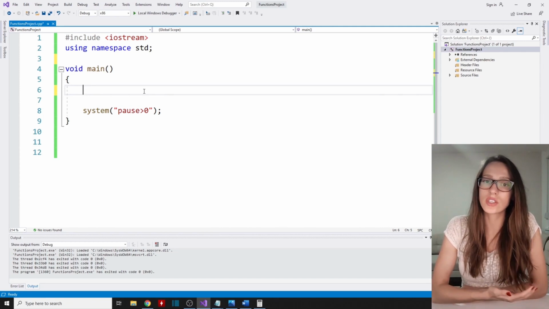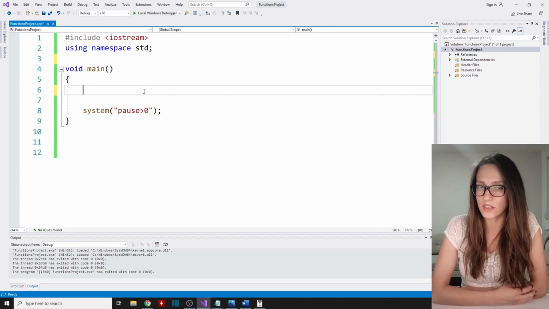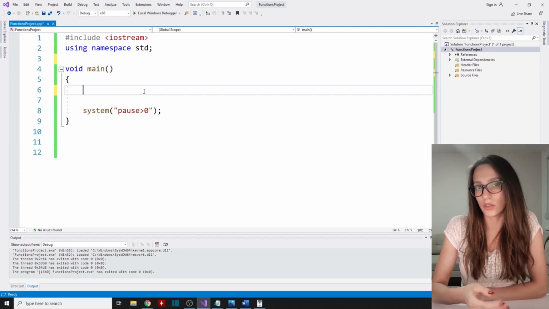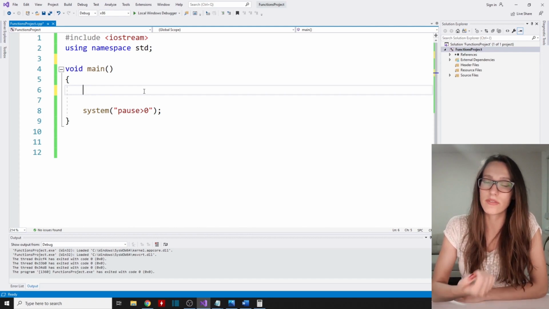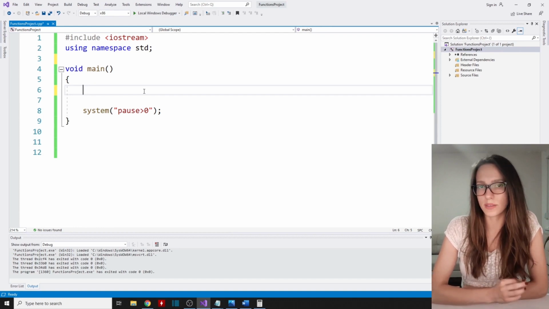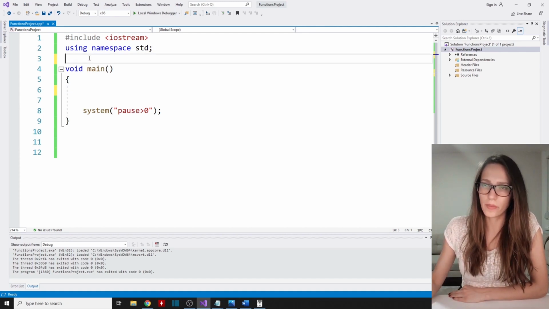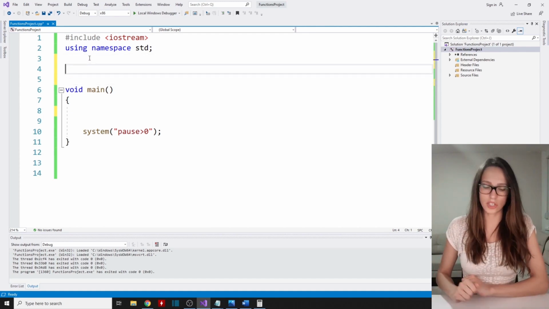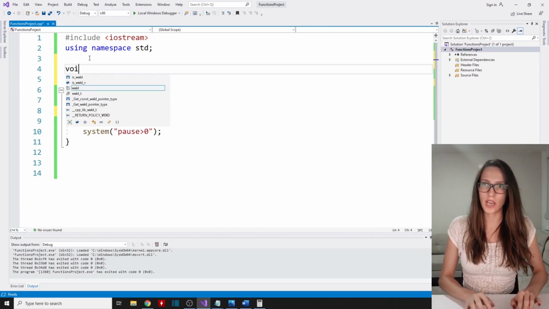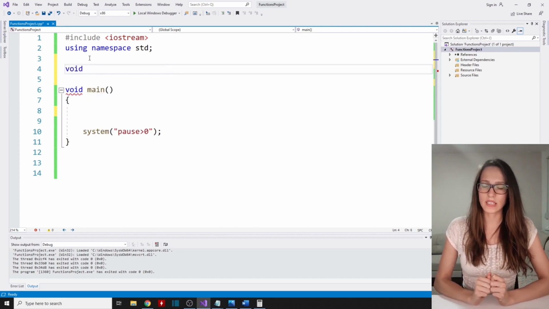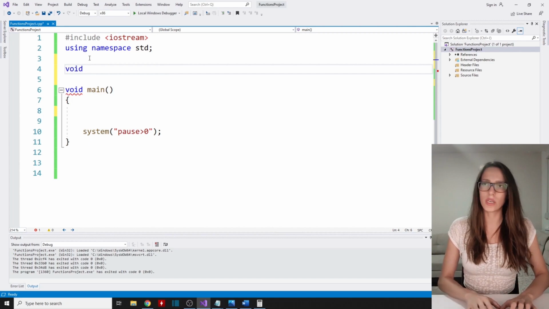Sometimes a function needs to receive a certain value, a certain variable, and then perform a certain task on that value, so on that variable, or it really needs the value of that variable in order to perform a certain task. So let's explain how we are going to create a function that receives a parameter in C++. So here I'm going to add a function of return type void, and I'm going to say that that function is going to be called, let's say, introduce me,